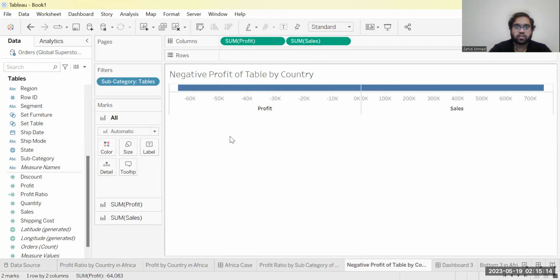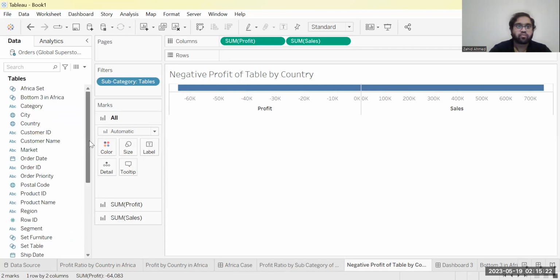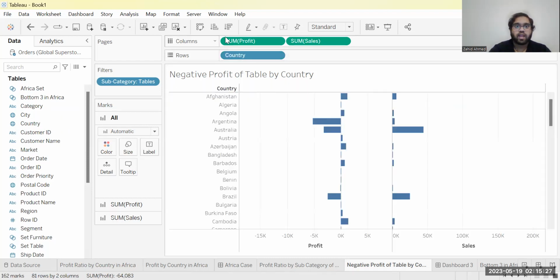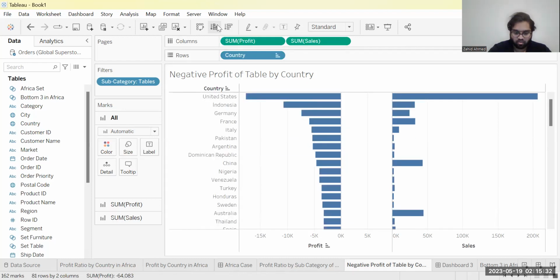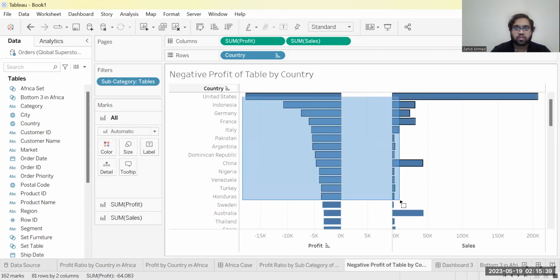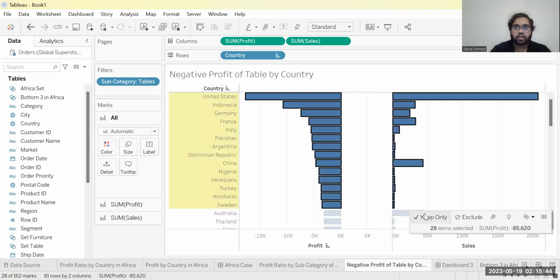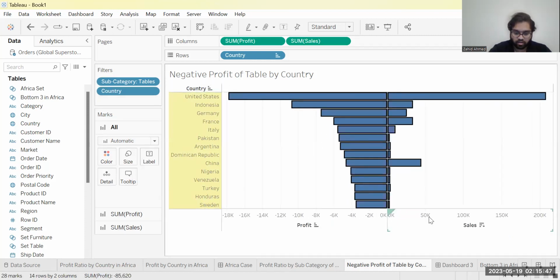Now sort in. After this, we need to drag country in the rows. So country in the rows. Country to the rows. Okay. And we need to drag in ascending order. Okay, now we need to select US to Sweden. US to Sweden. Perfect. And keep only. Okay, now what we need to do is